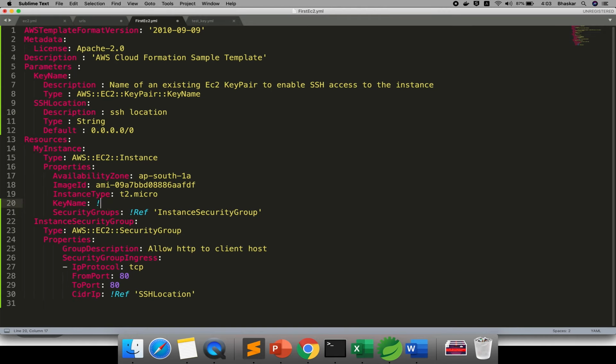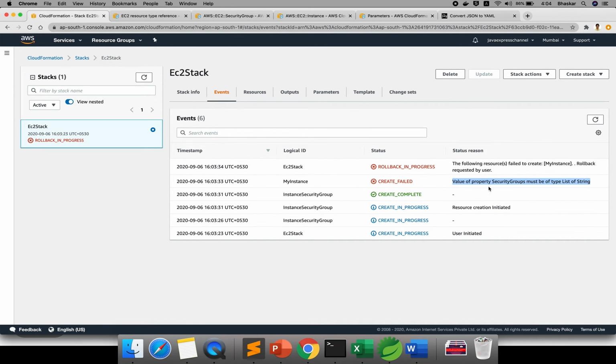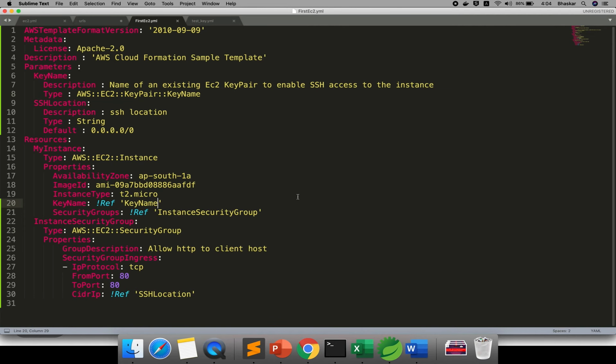This is one more exception. By this way you can learn, guys. Copy it and make it correct here. This is my reference name. And one more thing, the value of security group must be of type list, so you can provide it in this way also.